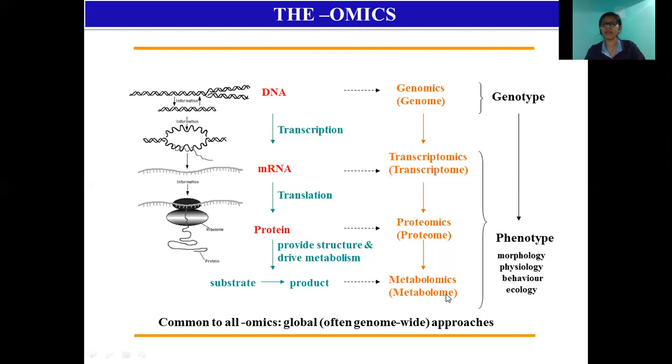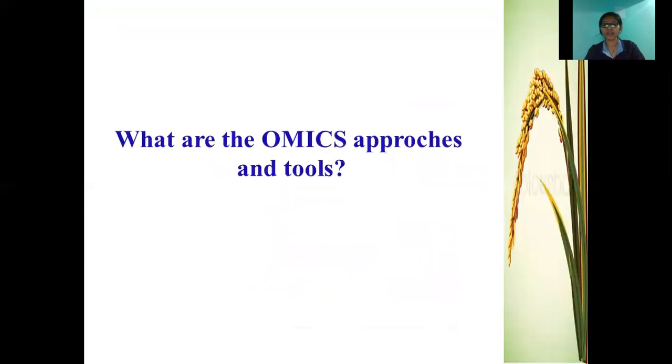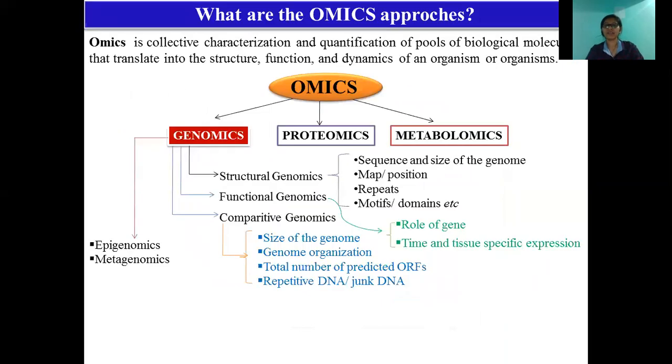We'll see one by one what the branches of genomics, transcriptomics and proteomics are, which are useful in their study, and what kinds of tools are available to study all these things. So first we'll discuss what is meant by genomics and what the sub-branches of genomics are. The first branch of omics, or the first level of study of the individual, is called genomics.